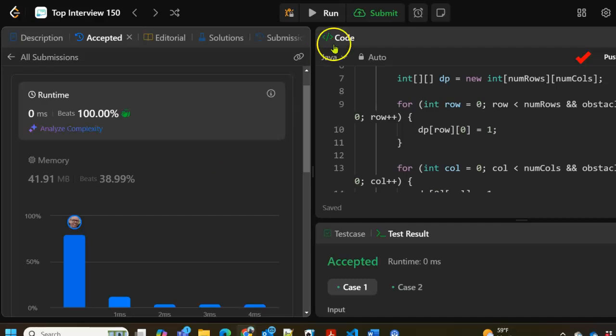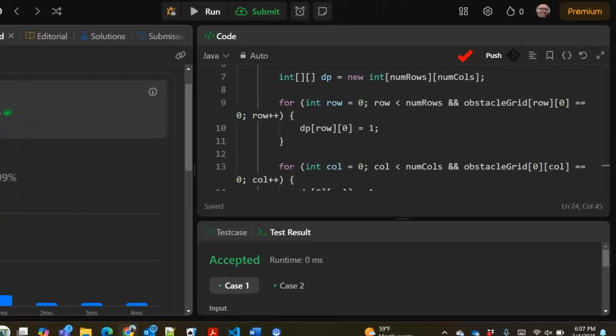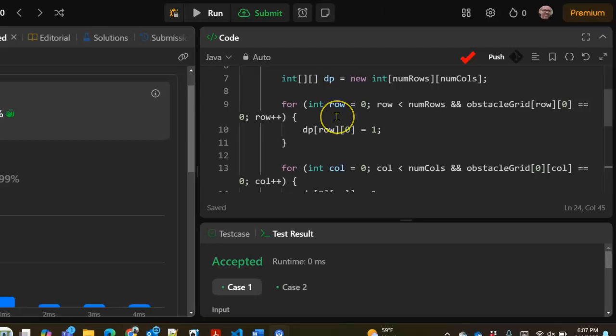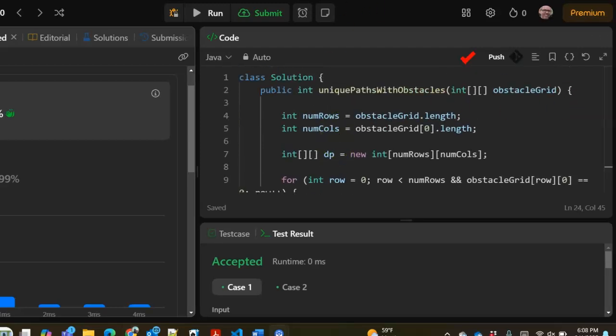Okay, let's do a quick conversion of this into a one-dimensional, into a 1D dynamic programming solution. Runtime is the same. It's O of m times n. The space is less because we're just using a single